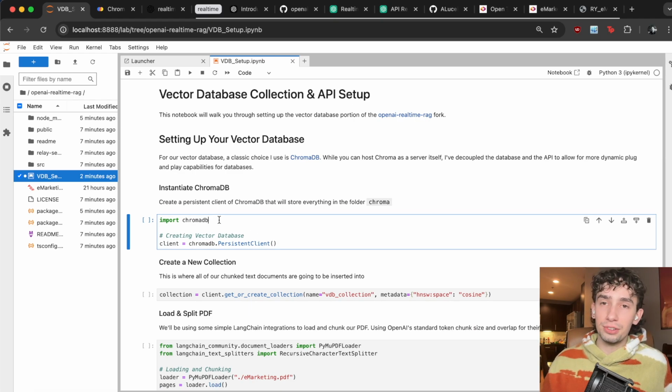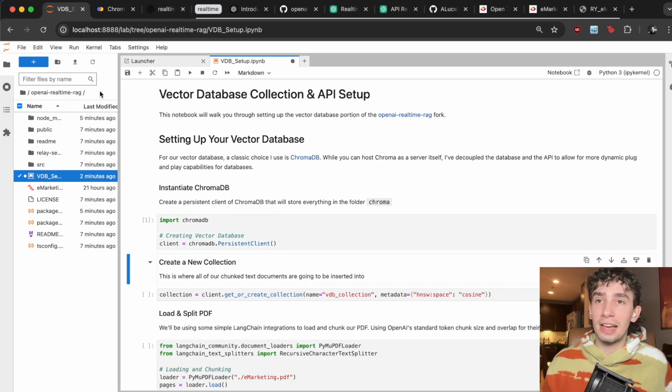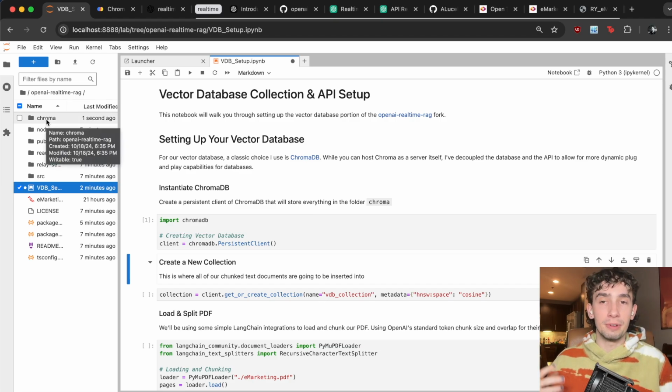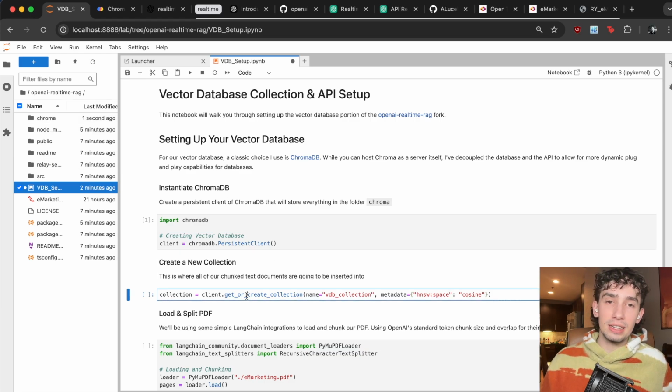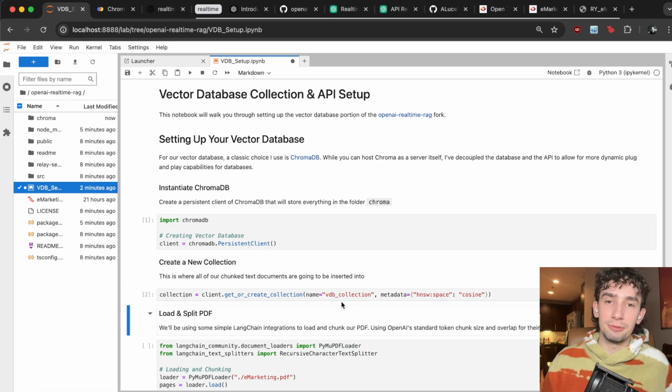And I've gone over how to set up a ChromaDB database and what vector databases are a lot more on this channel, so I'll be running through this but covering the main highlights. Essentially, we're going to be creating a persistent client, which will create a Chroma folder here where our vector database is actually going to store all of its information and sit. And we'll be creating a specific collection within that database that I am just calling